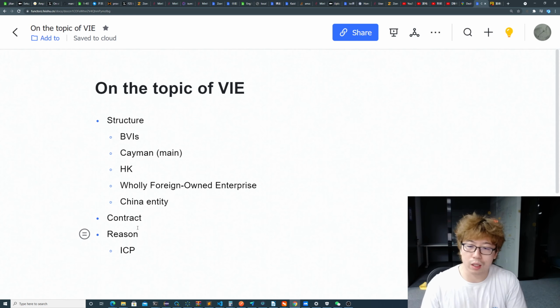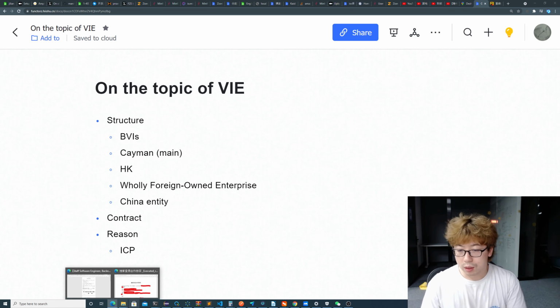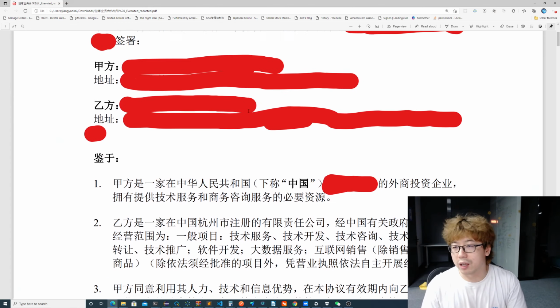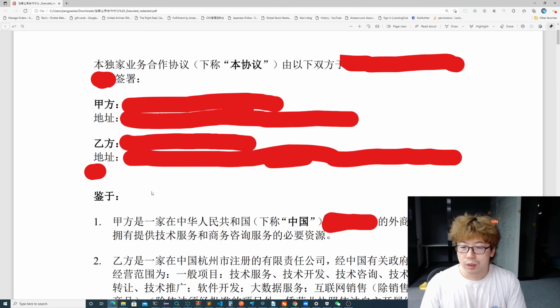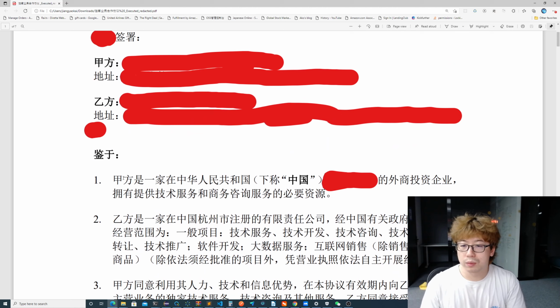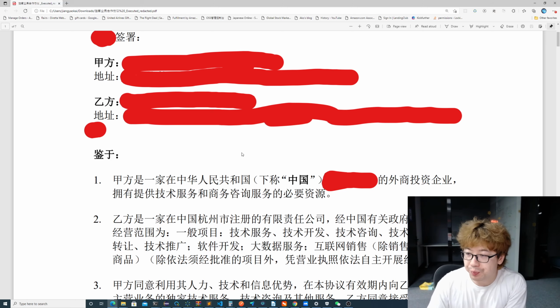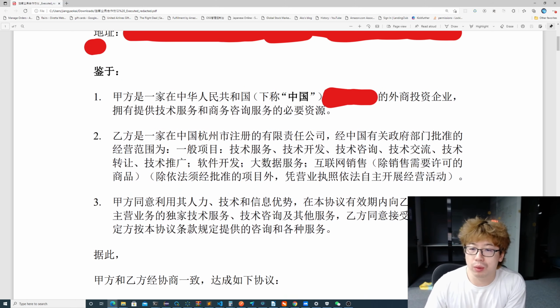So what does a contract look like? Well, here is a template where I have removed anything that's identifying. Everything's in Chinese, which you might have guessed, it's subject to Chinese law. Forgive the beer. So essentially, the gist is that